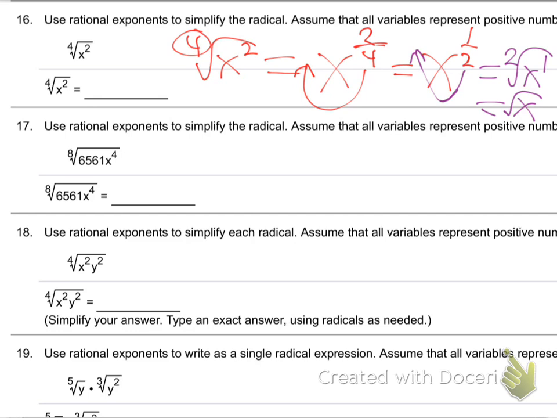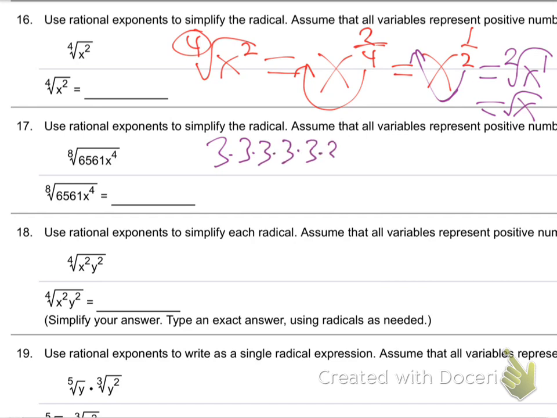All right, let's try number 17. The 8th root of... that's awful. Is that a nice number? I don't know it off the top of my head. Is it like 3? 3 to the 8th power. Is 3 times 3, 8 times 65, 61? Yeah, it is. Thank you. All right, so that's 3. Good, so we handle that. So that's 3 times itself